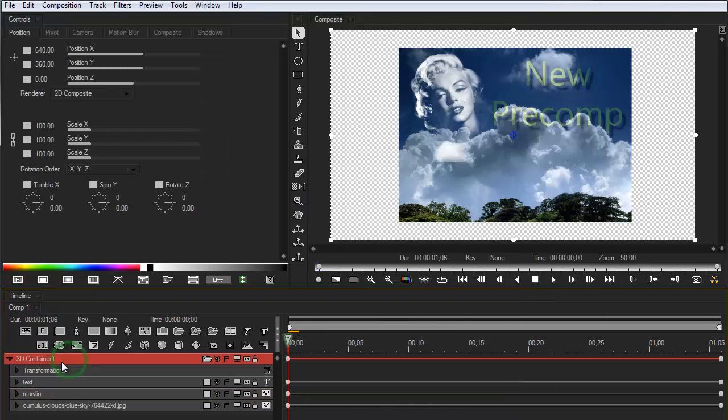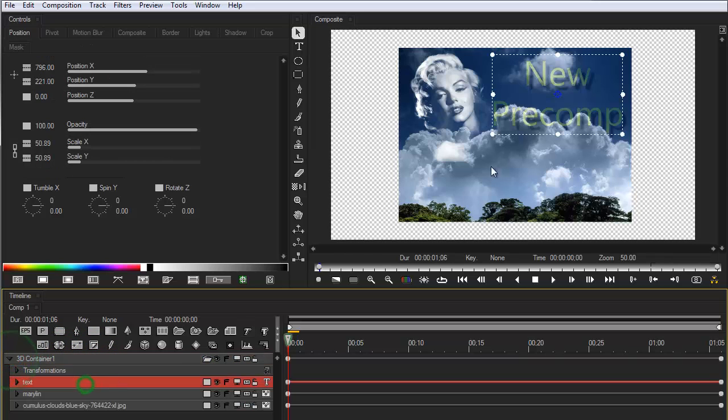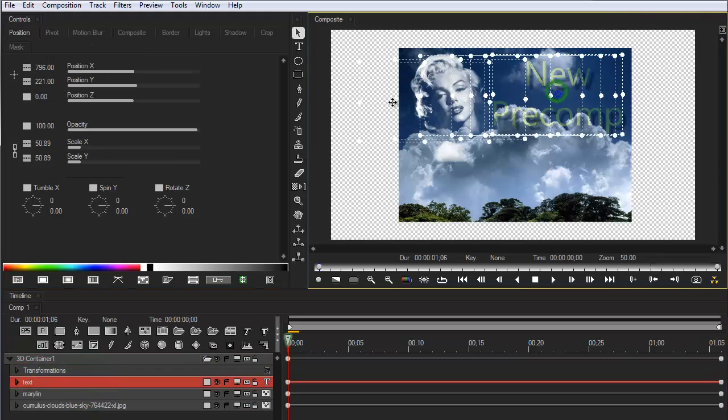So you're right, the container itself has no mask track. Might be something to consider adding as a feature in the future, but you can do it pretty simply. I'll show you the quick way, and then I'll explain how it's working. So I'm selecting this container track. Oh, by the way, what we have here is a container with three